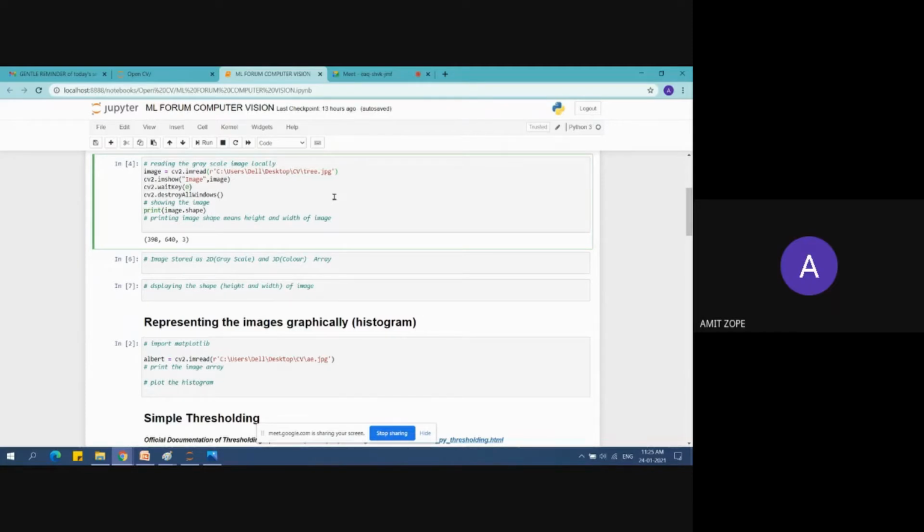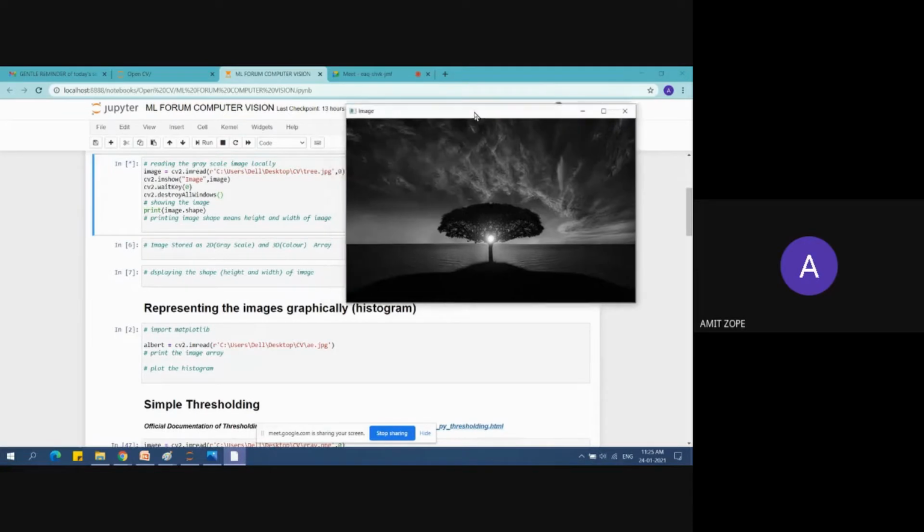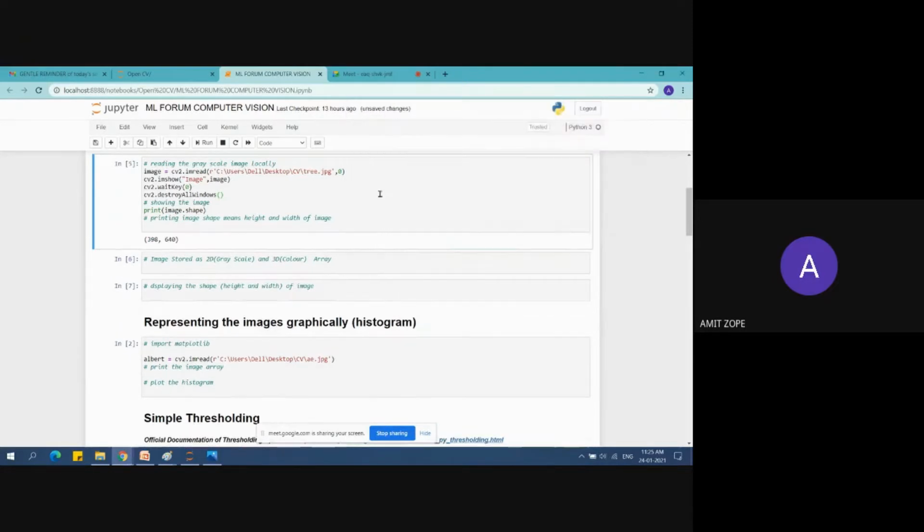And there are two methods. You can use cvtColor, or you can directly specify 0 here, and the image will be directly converted to a grayscale image. So you can see that the image is converted to grayscale. Yes, it is preferable to use grayscale. This is the width and height of the image.